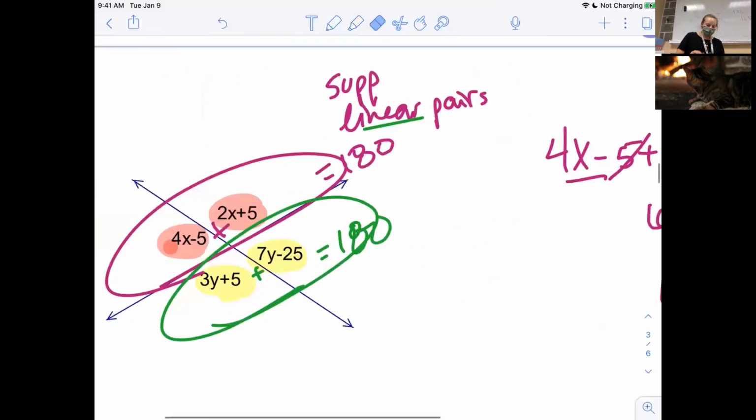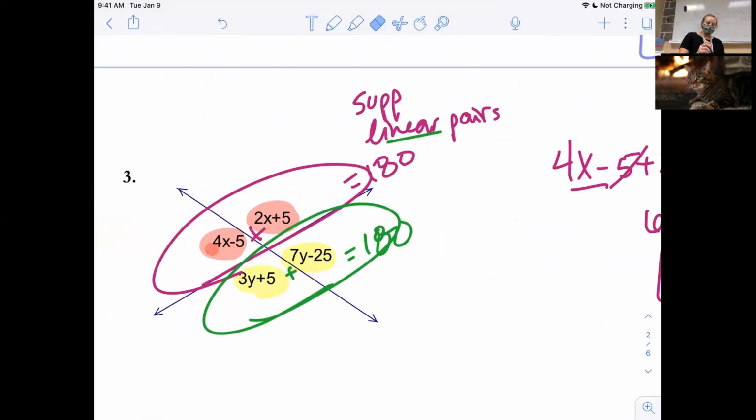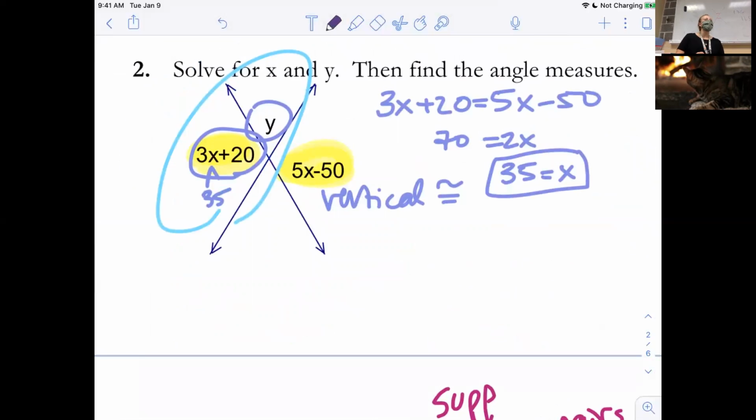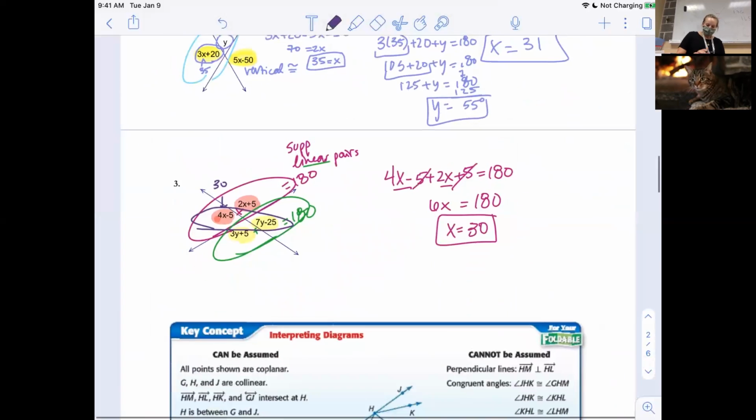Another thing you could have done, and we're not going to do, is we could have gone like this. I'm going to do it in purple. I could have gone across and done vertical angles are congruent, but I would have to plug 30 in for that x right there. Does that make sense? That's what we did on number 2. We set our x's equal to each other because they were vertical angles, and vertical angles are congruent. But that was a little too much work for us here, so we just decided that we're going to do